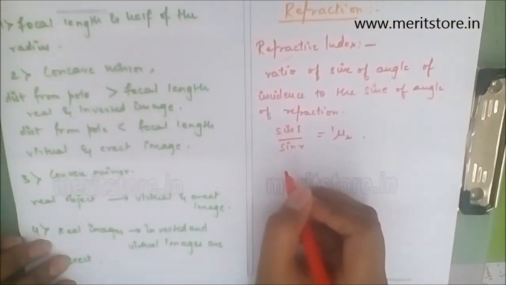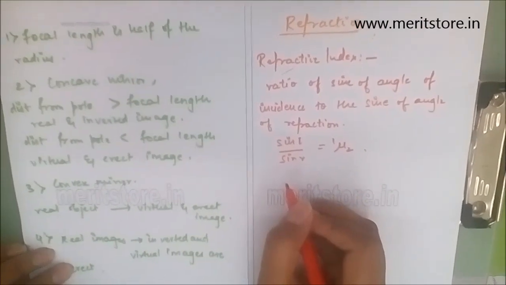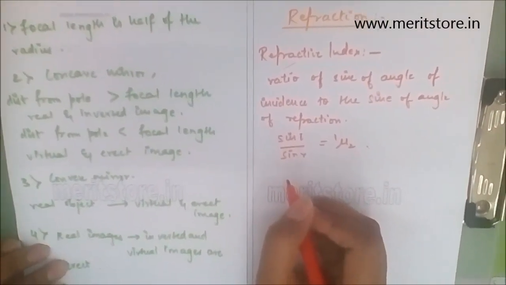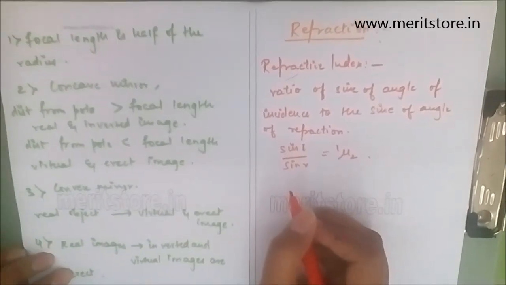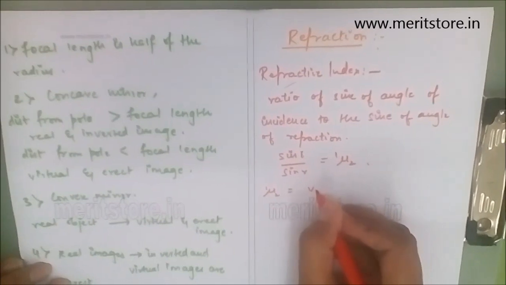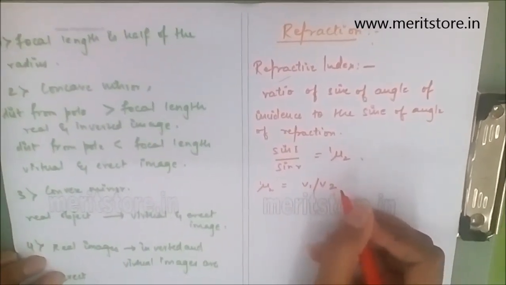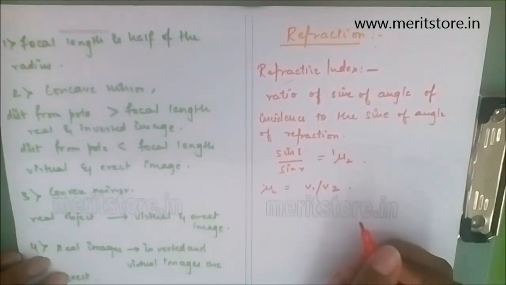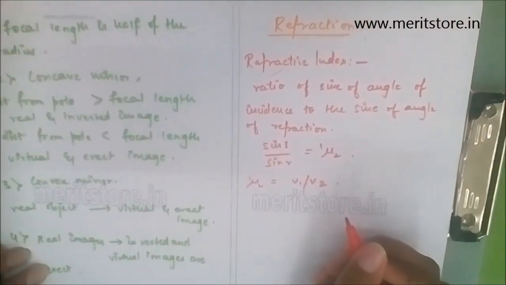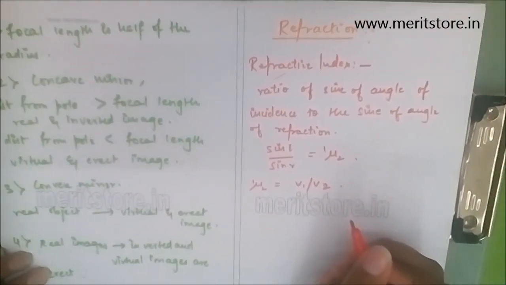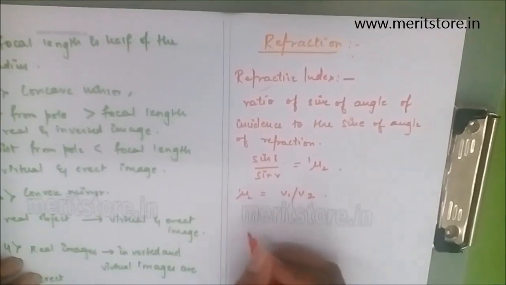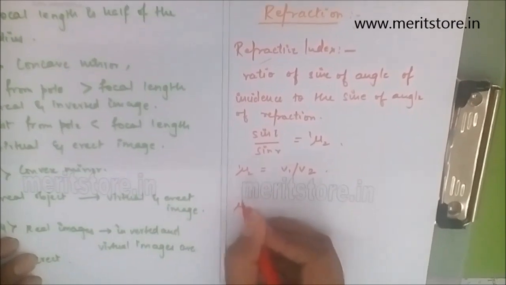Refractive index of medium 2 with respect to 1 is also defined as the ratio between the velocity of light in medium 1 to the velocity of light in medium 2. That is, the refractive index of a second medium with respect to the first is defined as the ratio between the absolute refractive index of the second medium to the absolute refractive index of the first medium, and it is given as